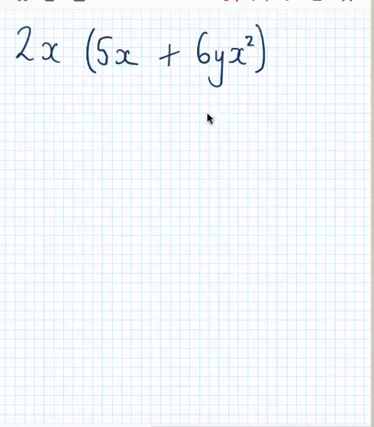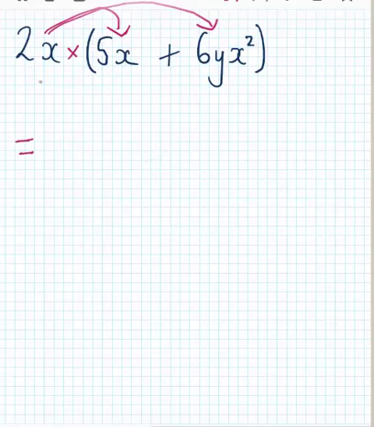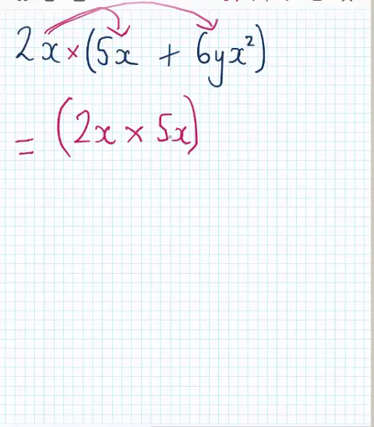Now, when questions start to get a little bit more complicated in terms of the variables and powers, you can show some working out if you can't do it mentally at this stage, and that's fine. So once again, we'll do our arrows to make sure we don't forget to multiply something. So now we're saying 2x times 5x. So I'm going to show working out for this one. And to do this, what you can do is just go 2x times 5x. And if you want to, put it in brackets to say, yep, we've got 2x times 5x, which is something we've got to do together or first. Plus goes in the middle because there's a plus there. And then we have 2x